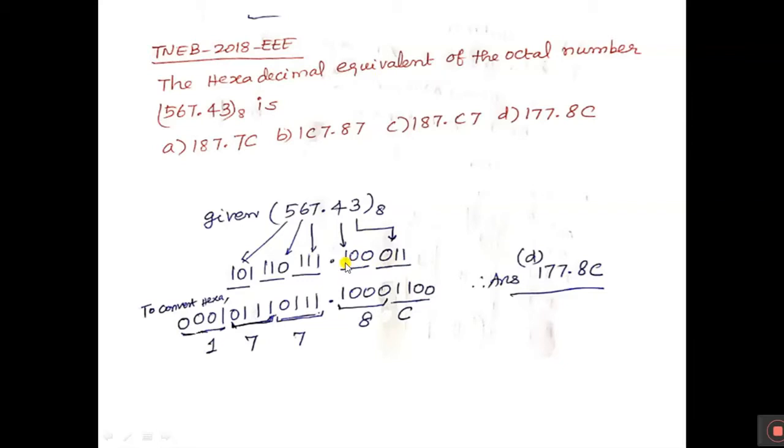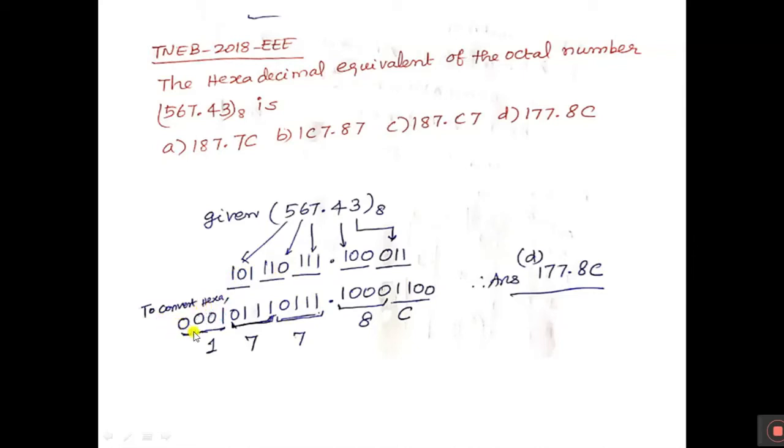So here 1 0 0 already is there. I combine this one also. So this becomes 1 0 0 0 and the remaining term that appears here is 1 1. So I add some 0s at the end of this digit. Similarly, I take this left hand side part as 1 1 0 and 0. So again 1 1 1 0 and the remaining digit is 1. So I can add some more zeros in the front of this digit.